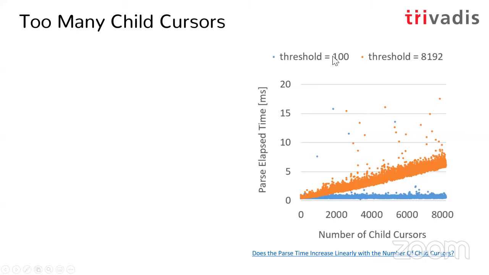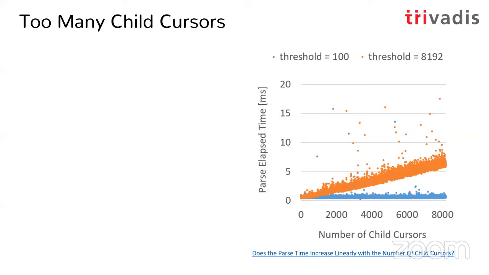If I have a threshold of 100, as you can see, the parse time is basically constant. It's 1-2 milliseconds, something like that. So it doesn't matter because, of course, such a high number of child cursors doesn't exist. But if you have a threshold like the default at 8,000, then you can see that basically the parse time